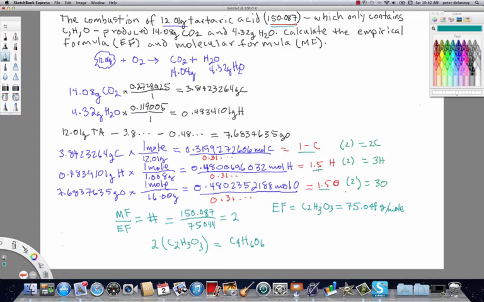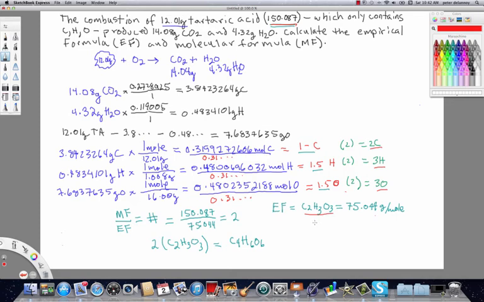In the case where you get a ratio that is a decimal, then most of the time what you're going to do is look for a whole number that can be multiplied through that decimal to give you a whole number. So in this case, we found that there were 2 carbons, 3 hydrogens, and 3 oxygens for the empirical